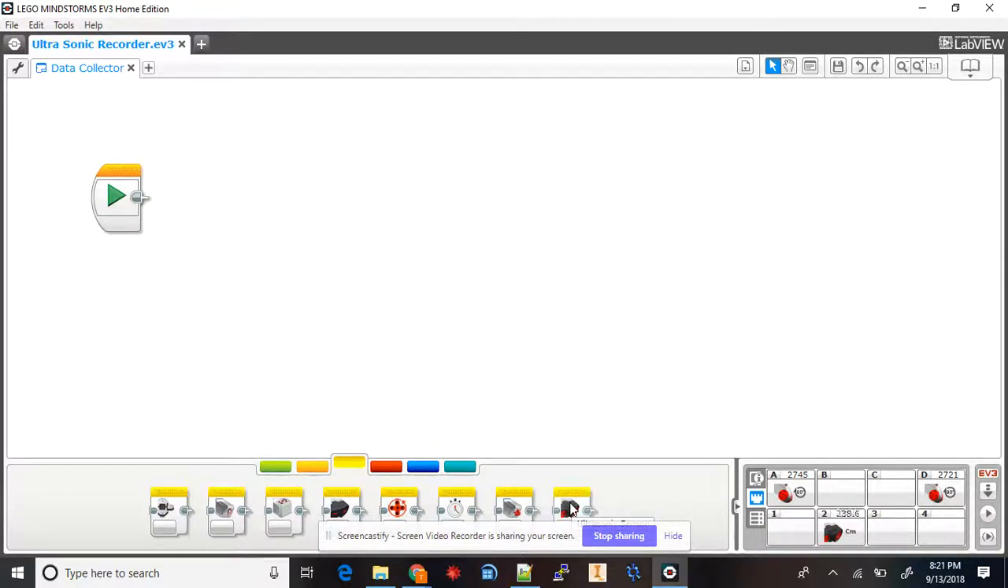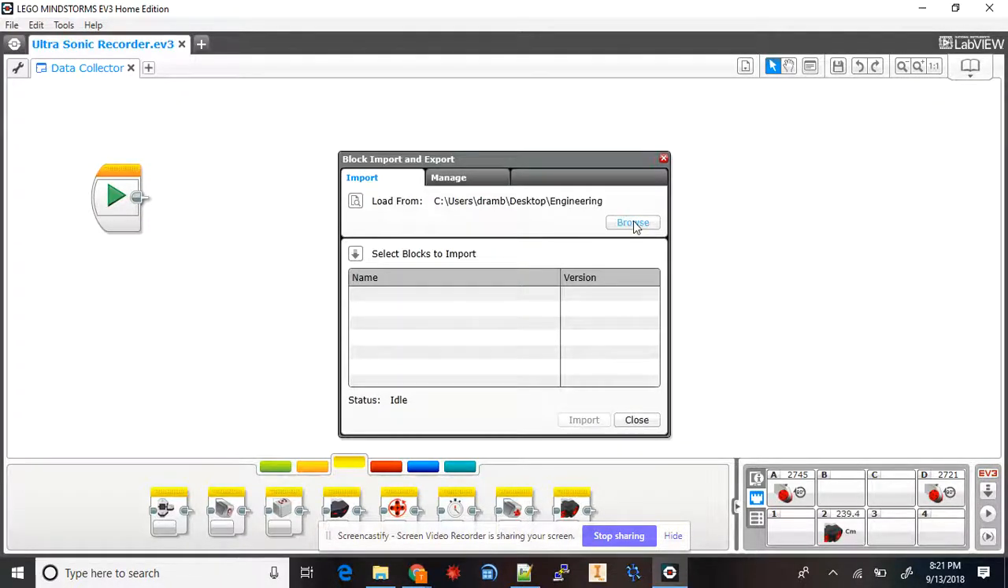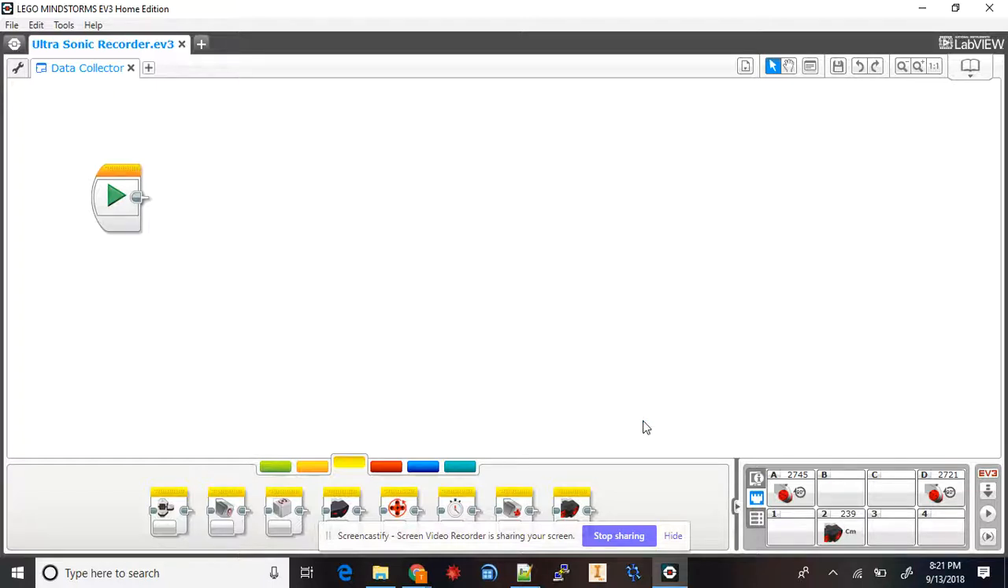Now, your EV3 software may not have an ultrasonic block. The ultrasonic block and the gyro sensor block don't come by default. You have to download those. So what you can do is just do a Google search for EV3 ultrasonic, download the file, and then you go up here to tools, block import, find that file, import it. You will have to close your EV3 software, open it back up, and then your ultrasonic block will now be